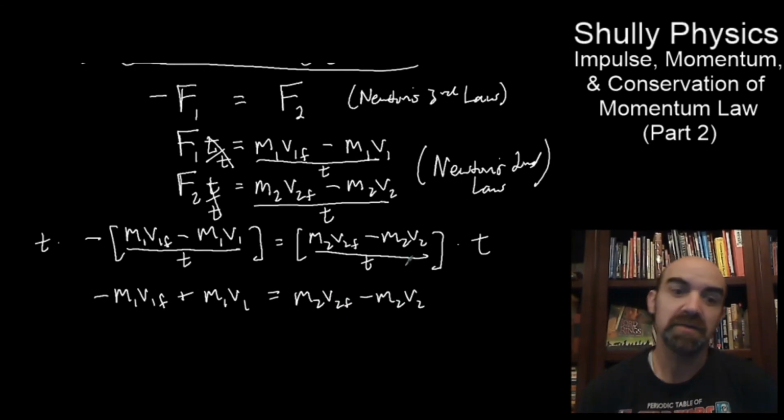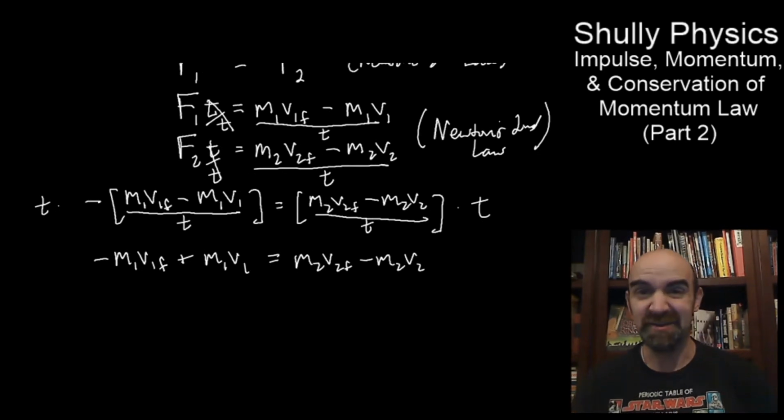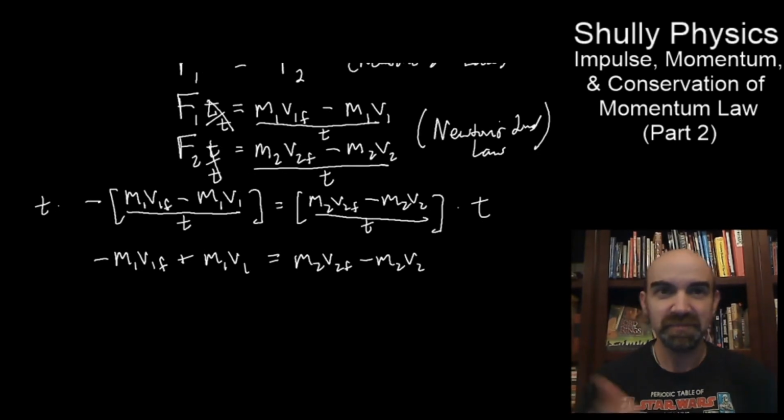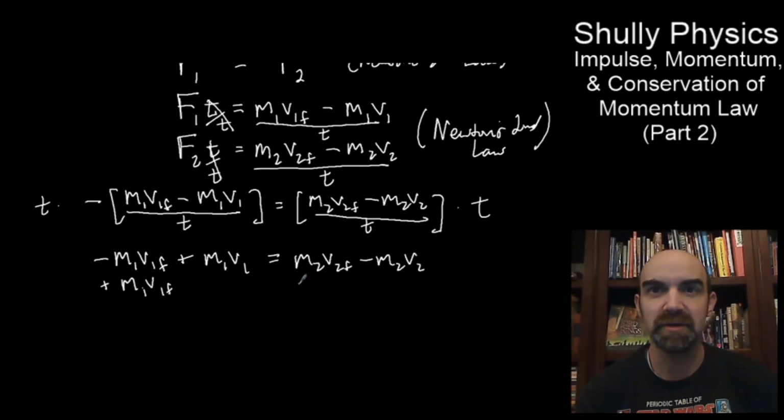Whoa, what is that? That is a bunch of momentum. There's a bunch of MVs. Well, if we look carefully at these, there's some terms with final amounts, and there's terms with initial amounts. Let's put the initial amounts on one side and the final amounts on the other. I'm more of an initial-comes-on-the-left-side person, so we're going to keep that stuff over to the left side. So we're going to add this final amount to both sides, algebraically move this over,